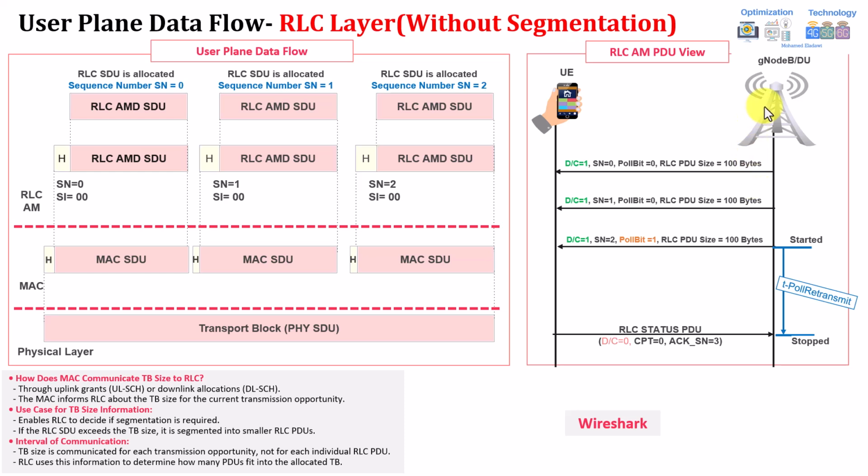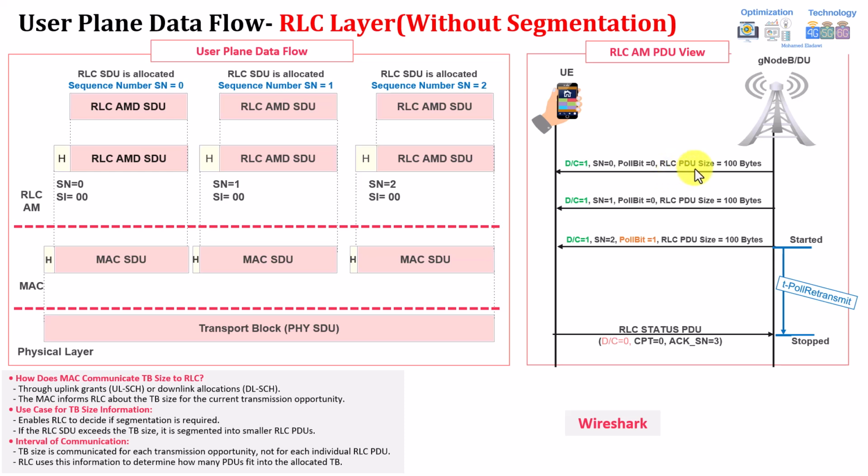From the traces, for example, assuming this is downlink, the gNB will be forwarding the first packet, and D/C equals 1 means this is data, not control. Sequence number is 0. The poll bit, as I told you, is not requesting any acknowledgement from the UE or the receiver yet. It's just telling it, I don't need any request, just keep receiving without sending any acknowledgement. I will be discussing details about the polling in the next slide as well.